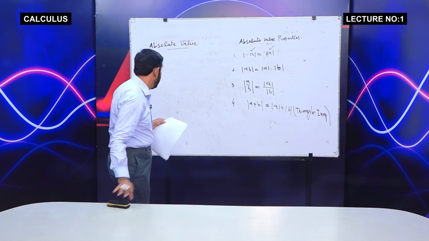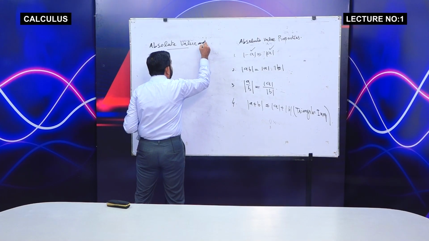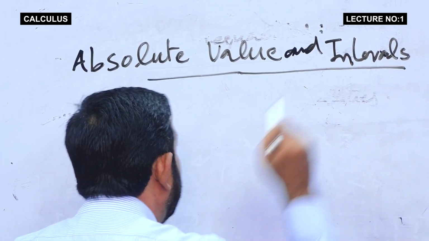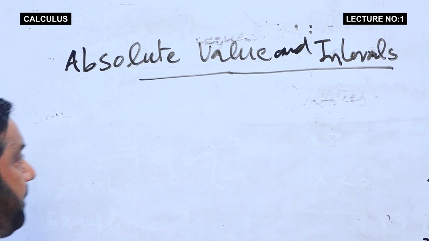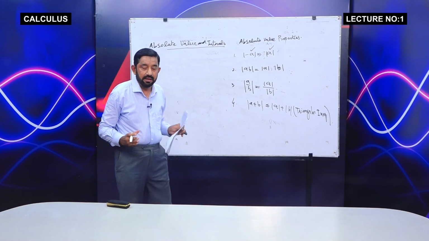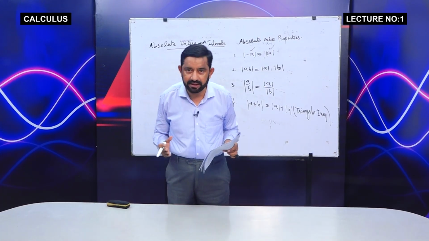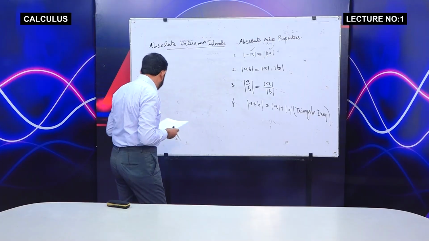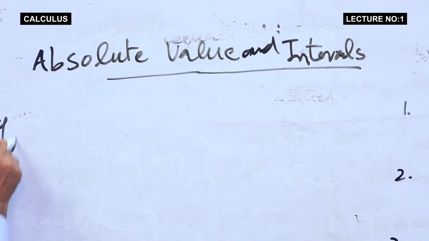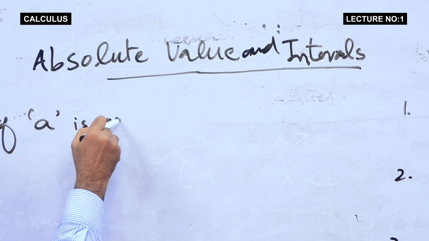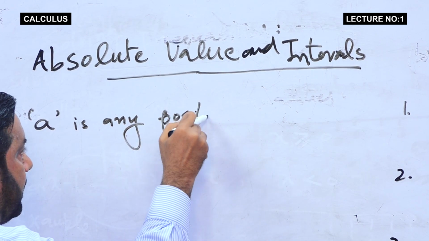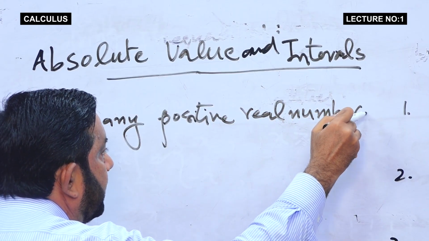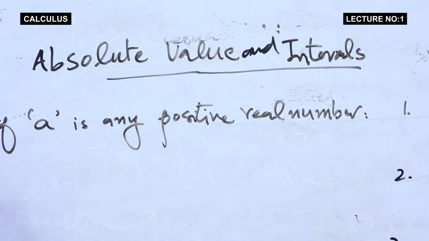So simply we can write, the next thing is absolute value and intervals. So absolute value and intervals, इसकी कुछ हमारे पास प्रॉपर्टीज हैं जो इंपॉर्टेंट हैं, उनको डिस्कस करना जरूरी है। तो कैसे, if a is any positive real number, then